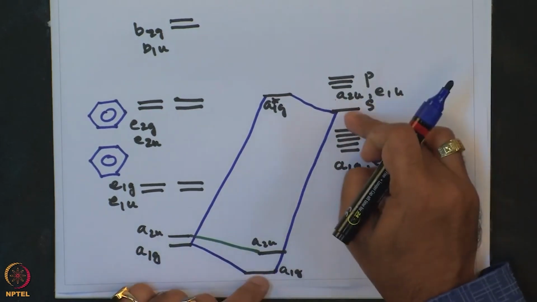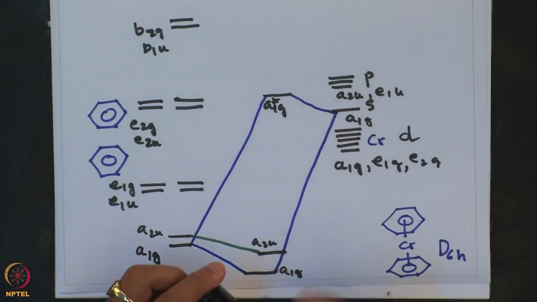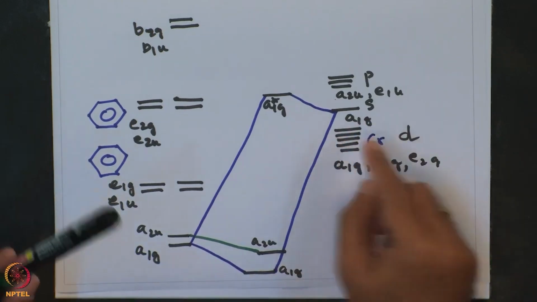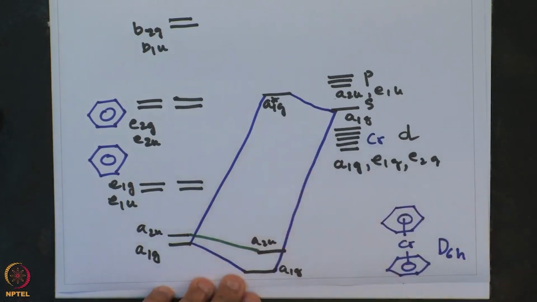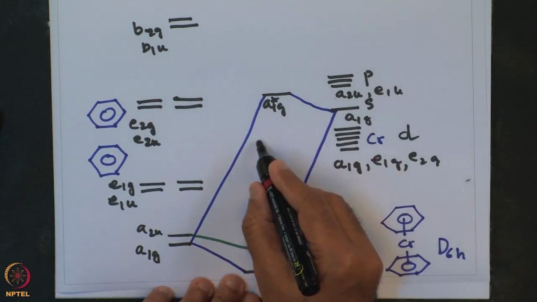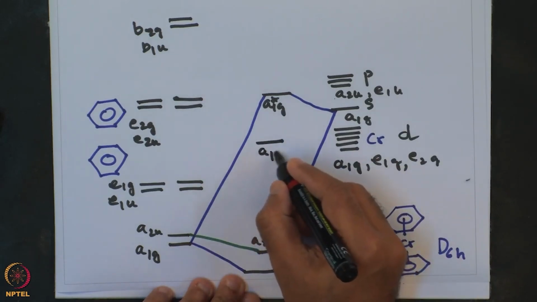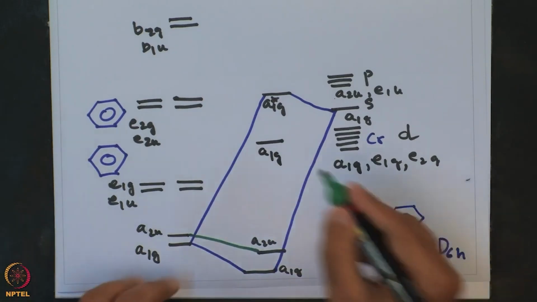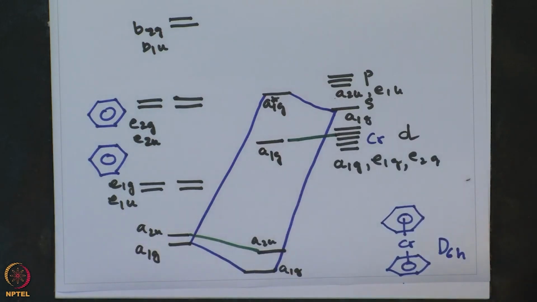So this A1g now is occupied. As a result, the A1g of the symmetry of the metal orbital remains non-bonding. All the non-bonding orbitals are shown in green, and